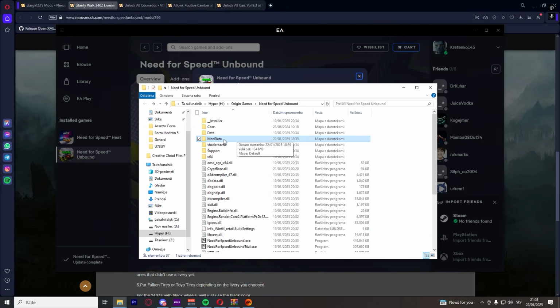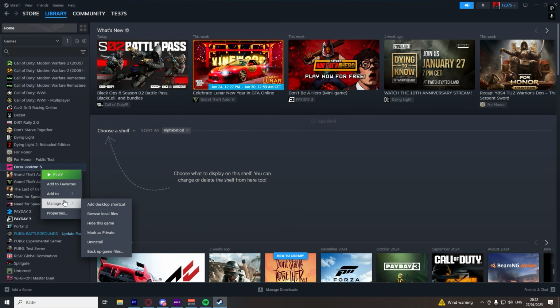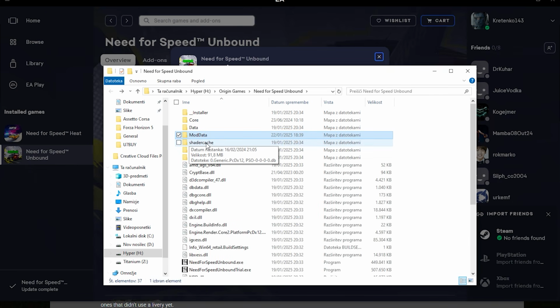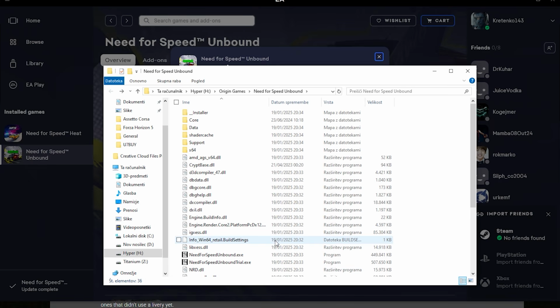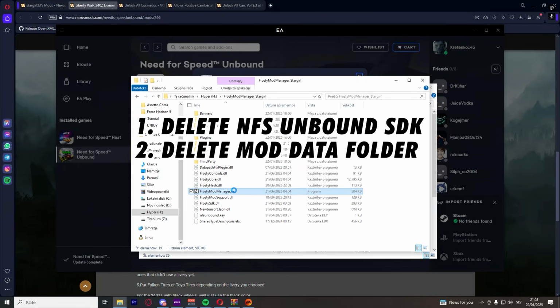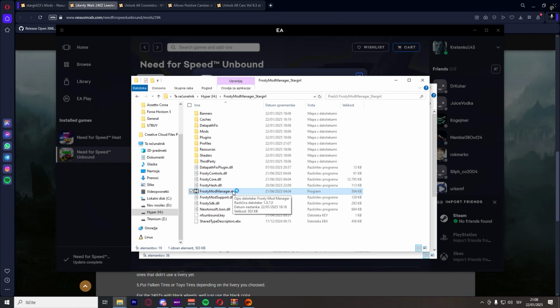And if you have Need for Speed Unbound on Steam, you need to go to your Steam library, find Need for Speed Unbound, right click it, click on Manage and then click Browse Local Files. Once you have your game folder opened up, look for a ModData folder. If you have that folder, you need to delete it. So once you successfully did the previous two steps, deleting the SDK of Need for Speed Unbound from Frosty Mod Manager and deleting the ModData folder from Need for Speed Unbound, then you can launch the Frosty Mod Manager